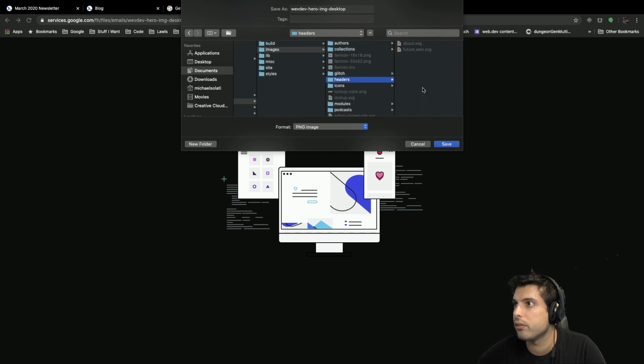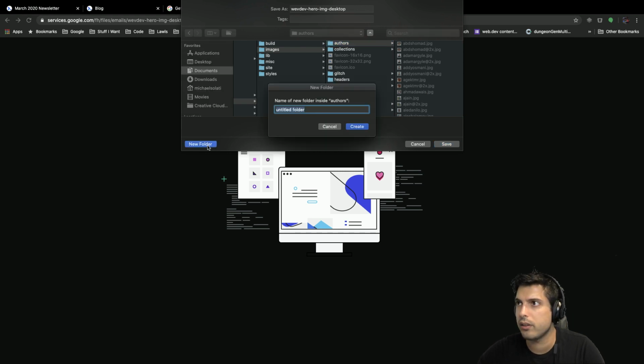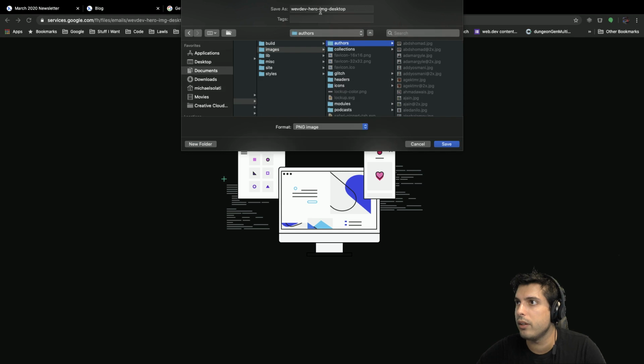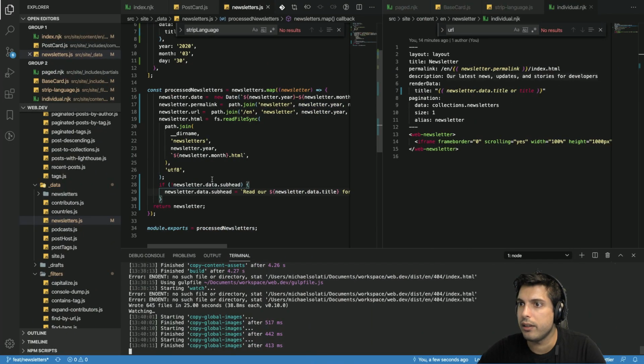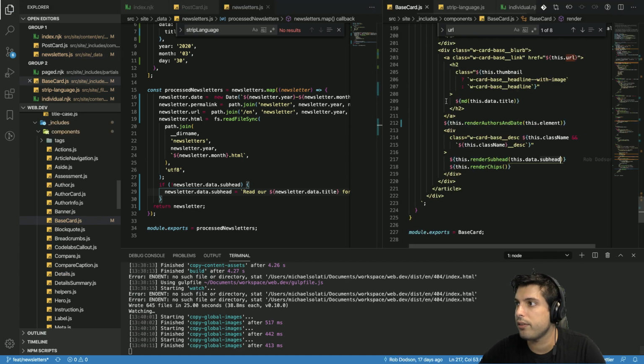So where should this go? We have podcasts. Let's create a folder called newsletter. Actually, you know what? We don't need to create a folder. We'll just call the image itself newsletter, and that should fit well inside of this images folder. So now we should be able to set the image. Let's see